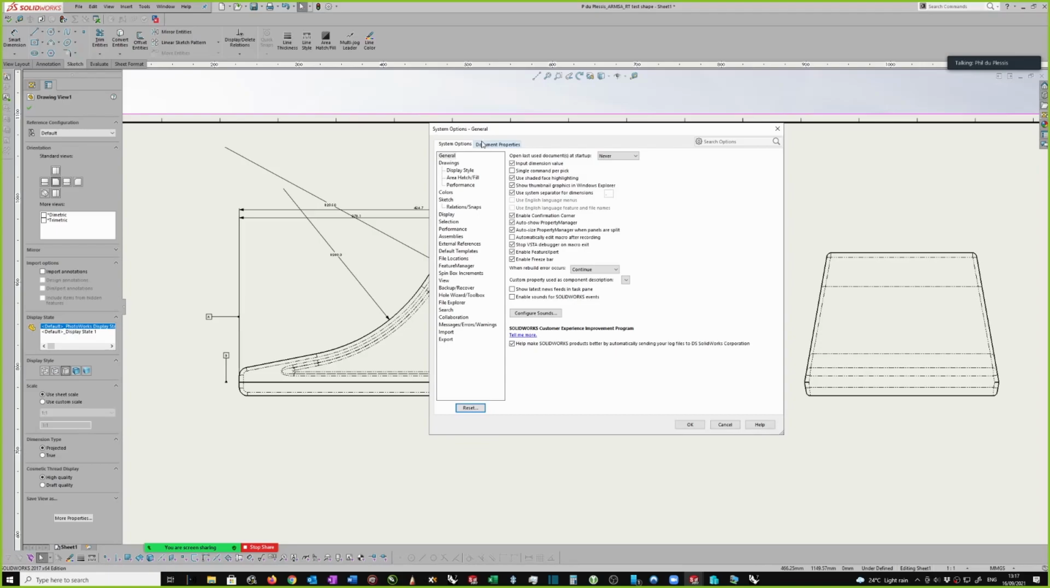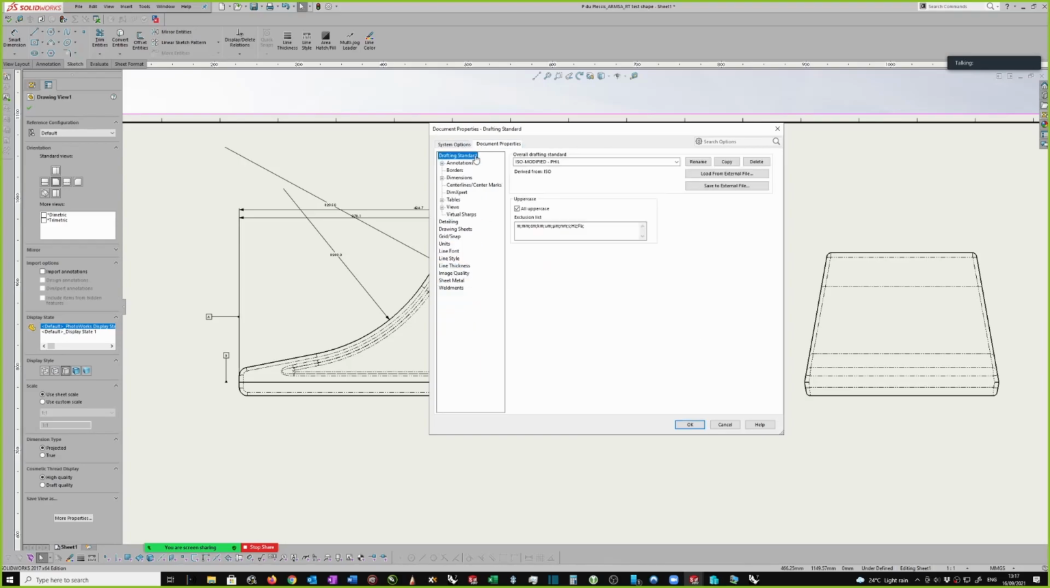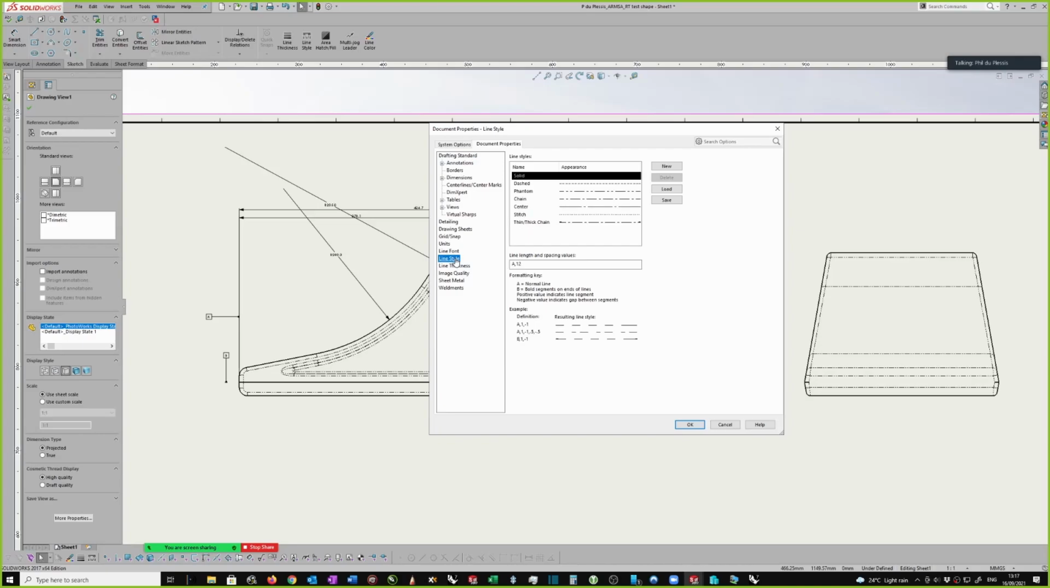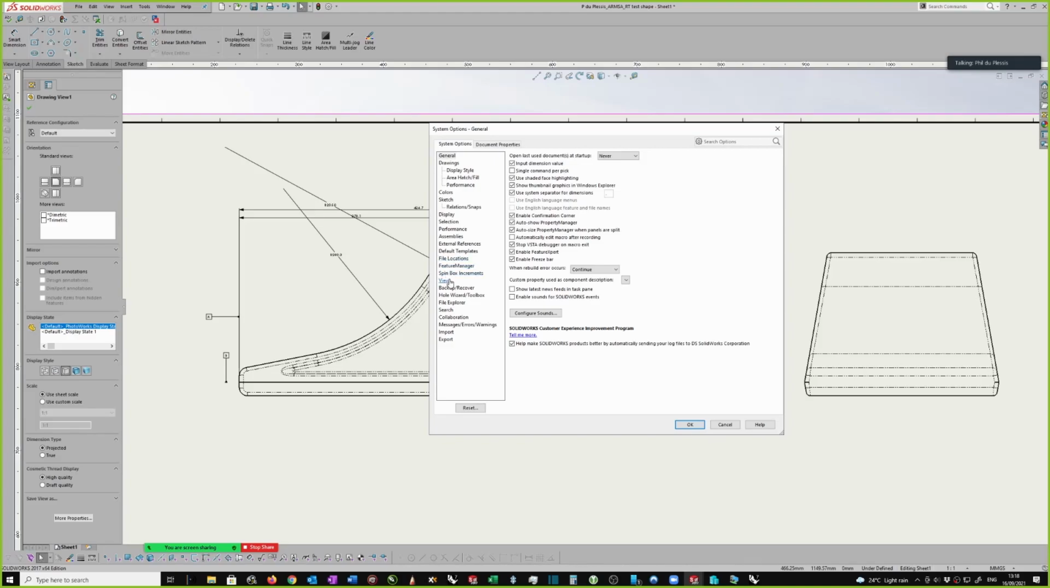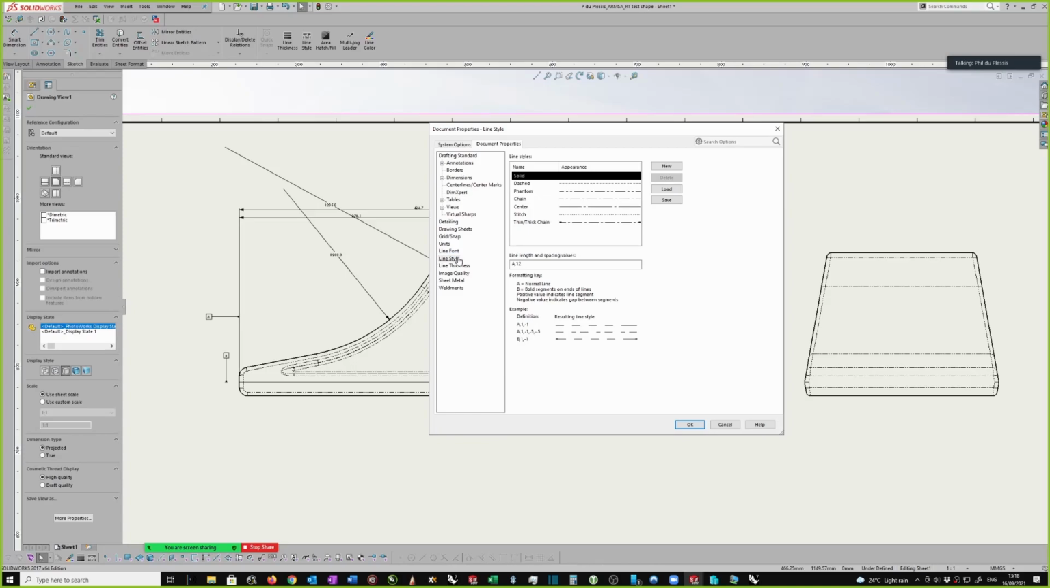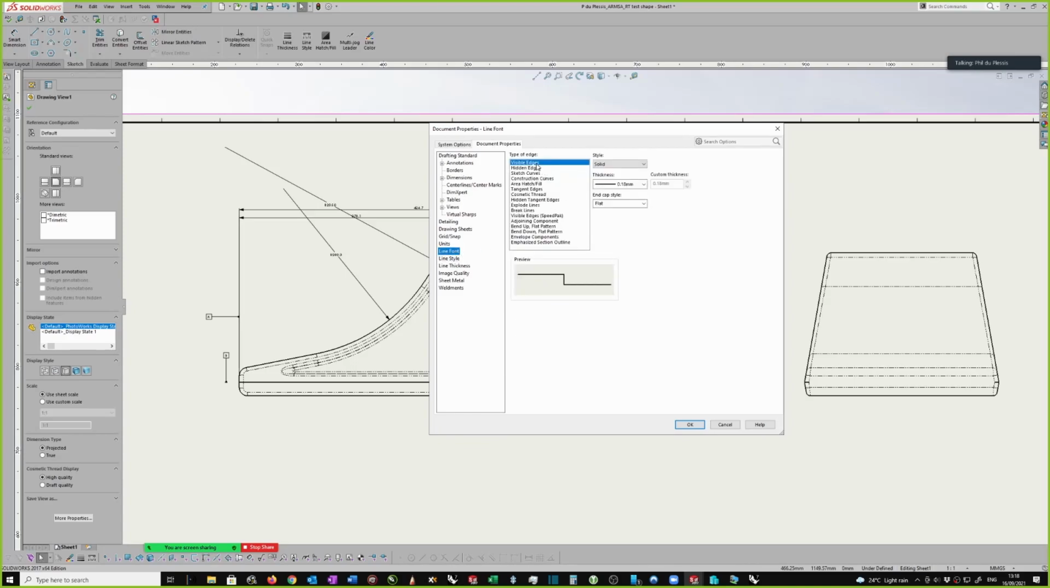So you go into your system options. I think it's, is it line thickness, line style. Okay, I'm not going to find it now. I'm pretty sure it's actually, no, it must be in document properties. Line font, there it is, line font. So go to line font under document properties,